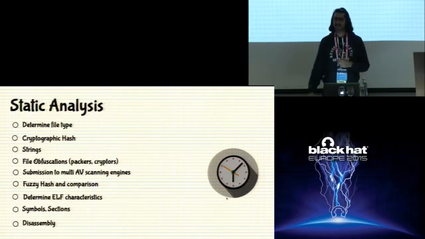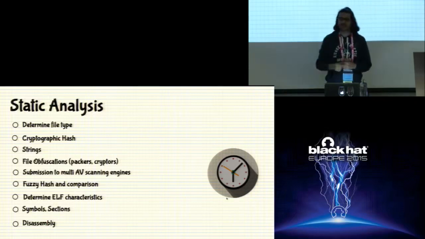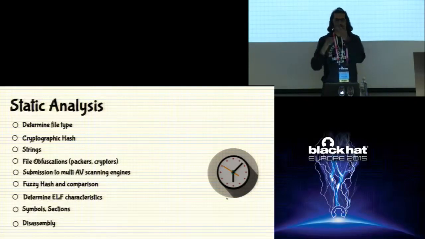And also fuzzy hash and comparison. Now this fuzzy hash is different from the cryptographic hash. A cryptographic hash only tells you whether the samples are identical. Whereas with fuzzy hash, let's say for example there are two samples of the same malware variants, with 1 or 2 bytes that are different. The cryptographic hash for these two samples would be completely different. But in the case of fuzzy hash, it will tell you how identical these samples are. It will tell you the percentage similarity so that you get an idea that these two samples belong to the same malware variants, or from a bigger perspective, they belong to the same attacker group.